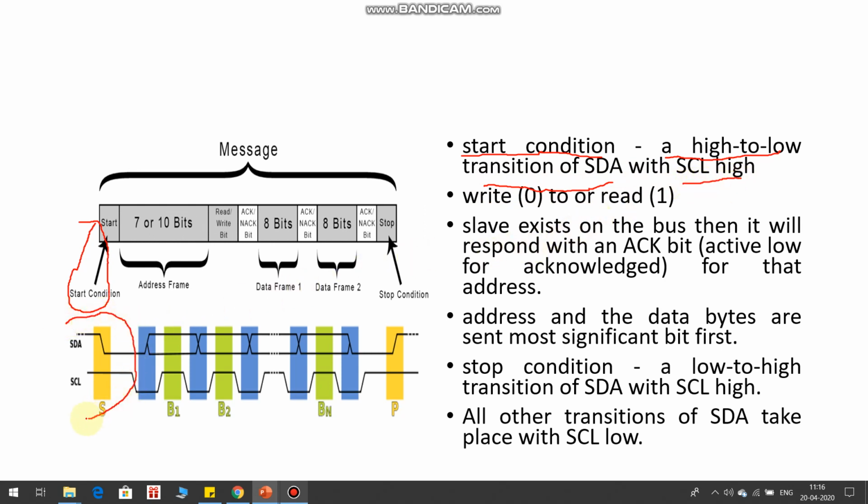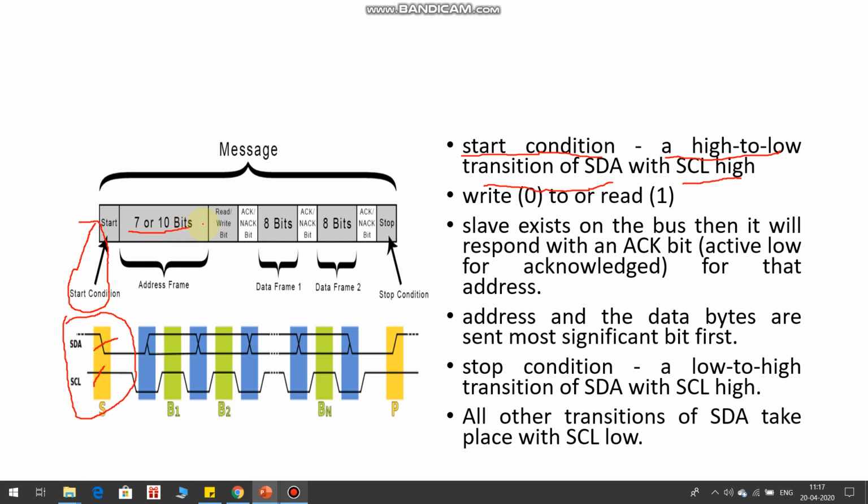You can see that in the SDA line a high to low transition is happening. At the same time the SCL line is kept high. So this condition is establishing the start condition in the bus. Recognizing this signal, all devices connected in the bus come to know that some data communication is going to start. After the start condition, the address for which the communication is intended is given in 7-bit or 10-bit.